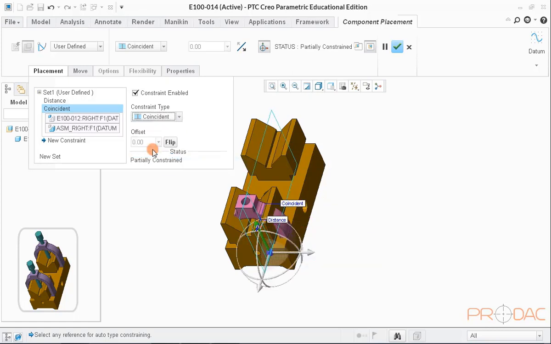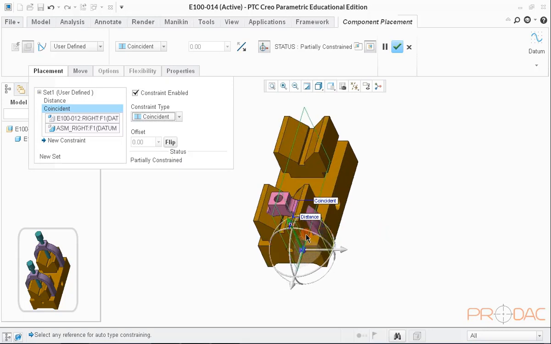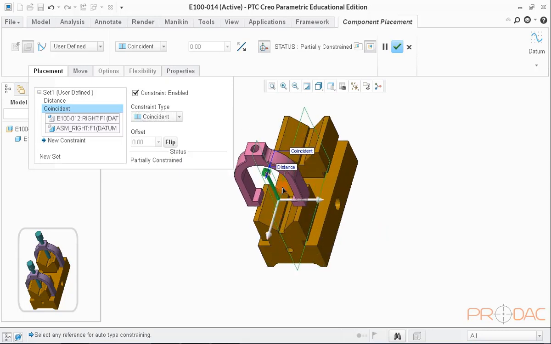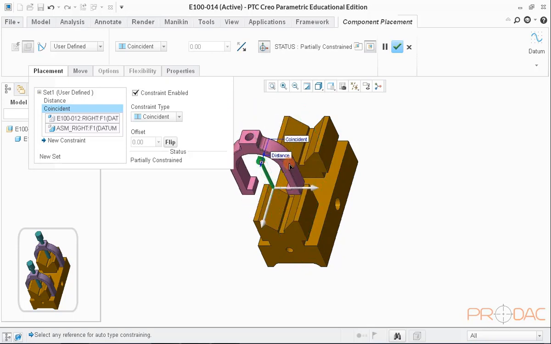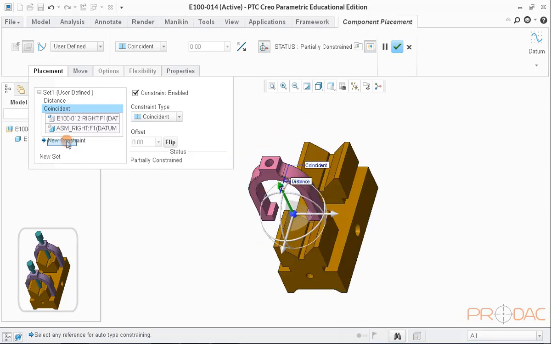This was plane-to-plane mating and it's very useful when surface is not available at mating point. As we can see that component item is not yet fully constrained, so we have yet to define one more constraint. So we'll add a new constraint now.